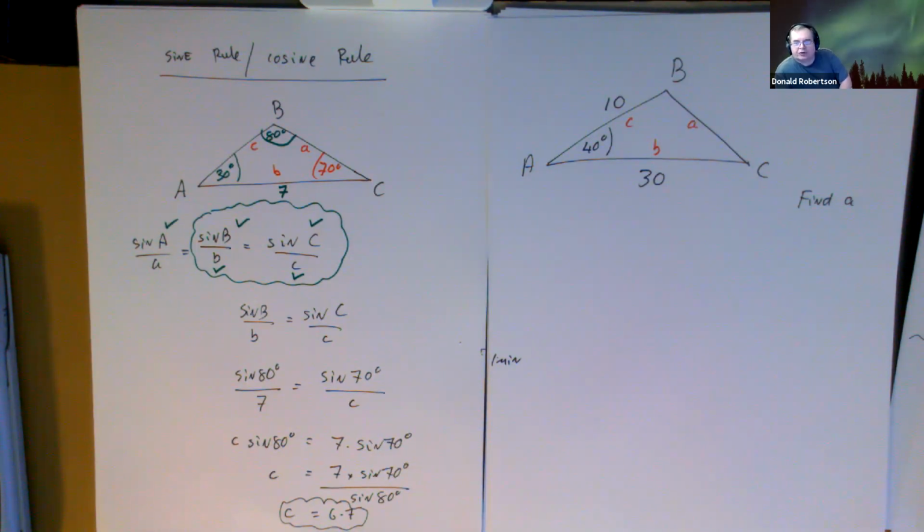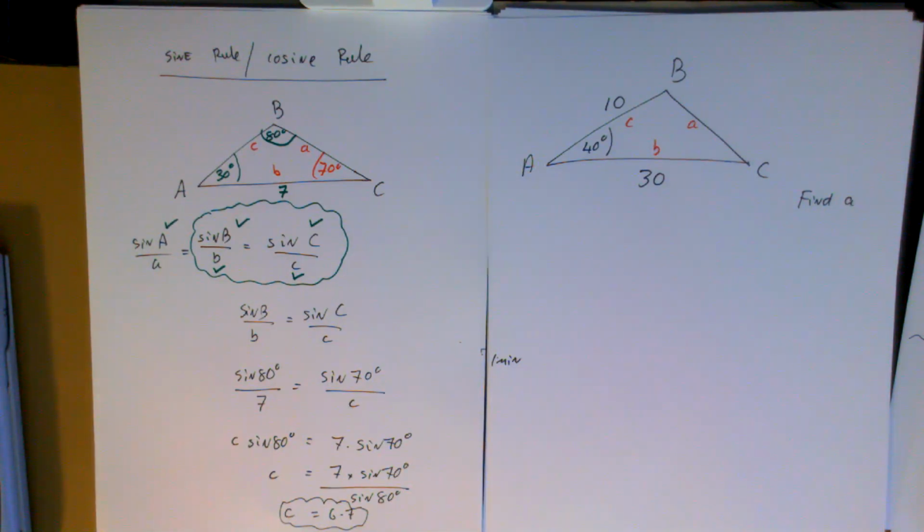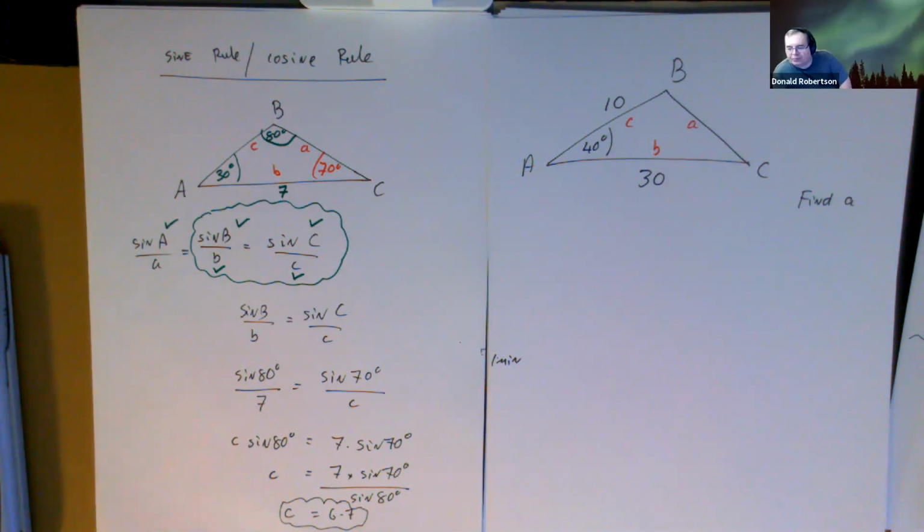When I look at this question, how do I know that I'm going to be using the cosine rule and not the sine rule? What is it about this information that tells you it's a cosine rule question? None of them. Right, someone else? What was that? You have a side angle side. Yeah. So if you ever have